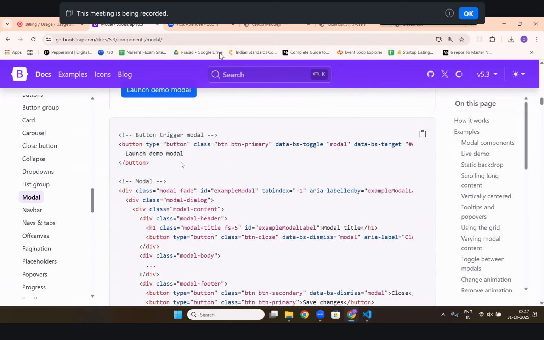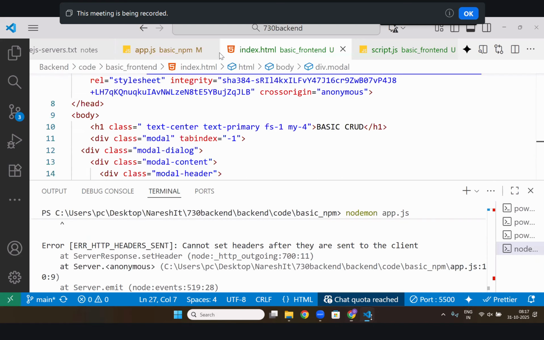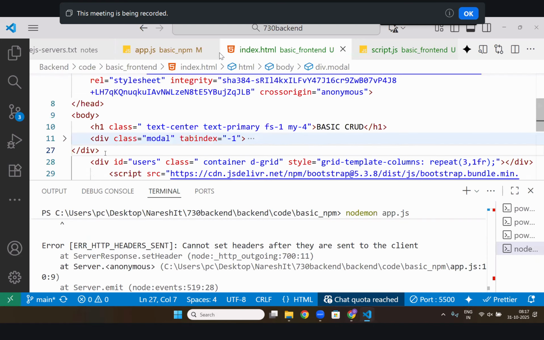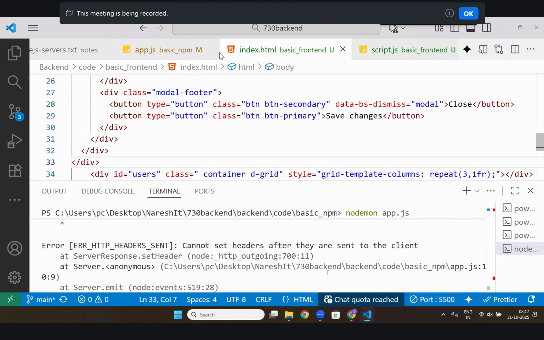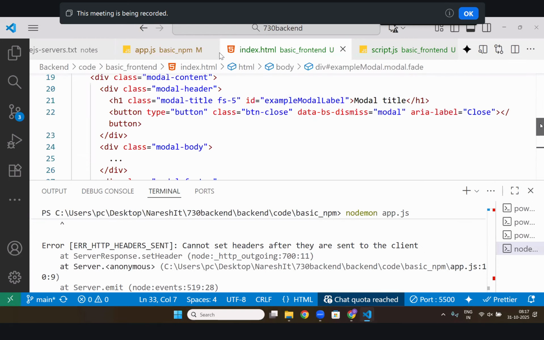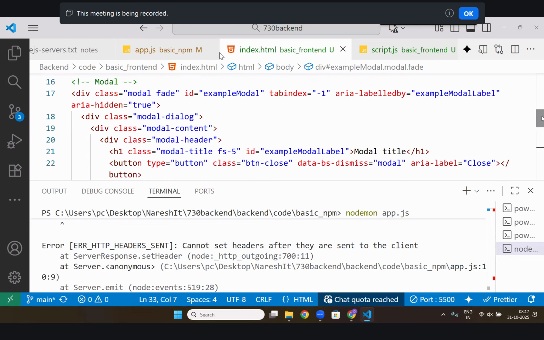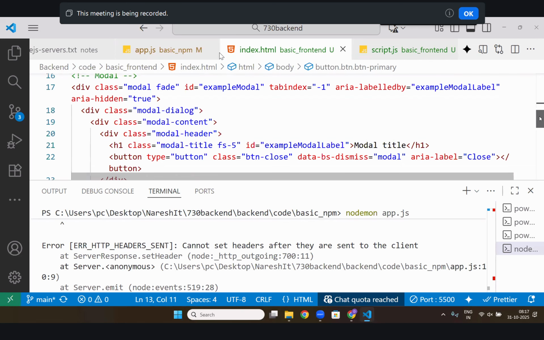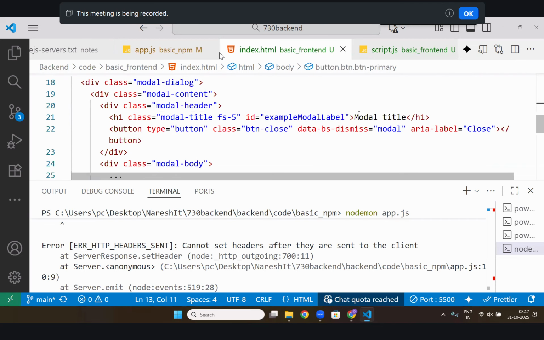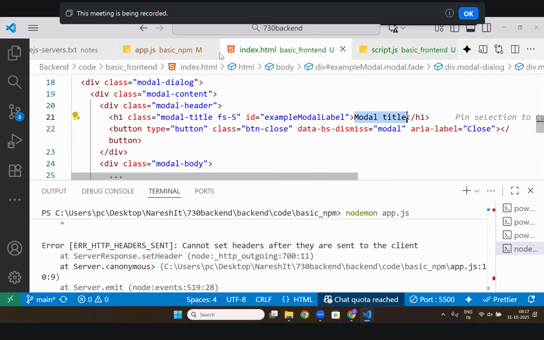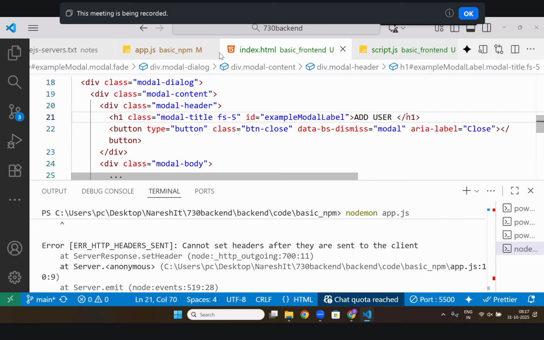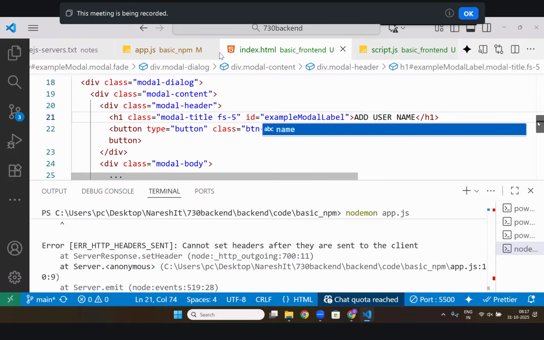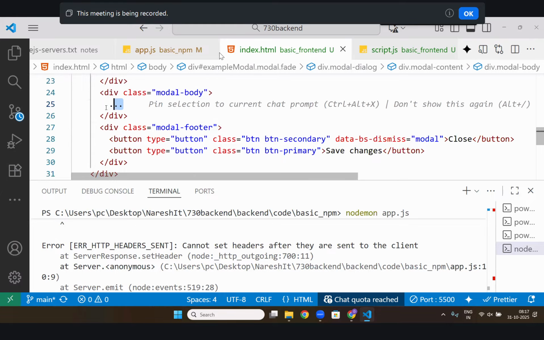Okay, there should be a button to launch. Then I will copy this. Go here. I will say add user, and here I will say add user name. Inside this body, I will put